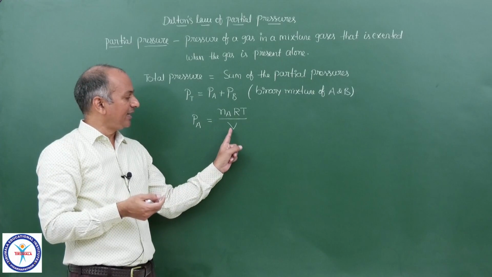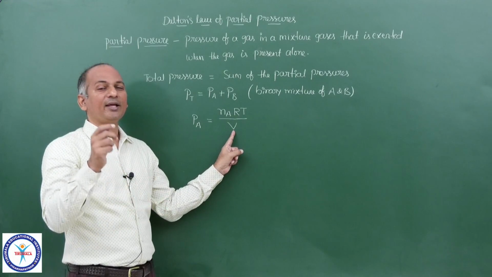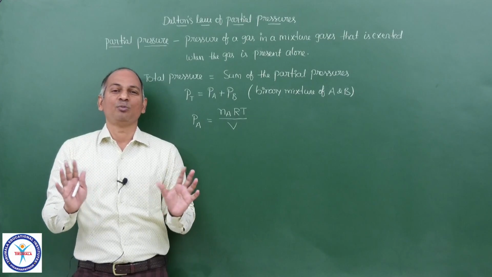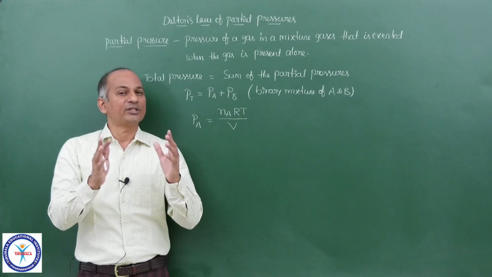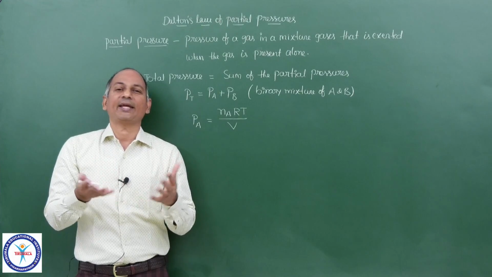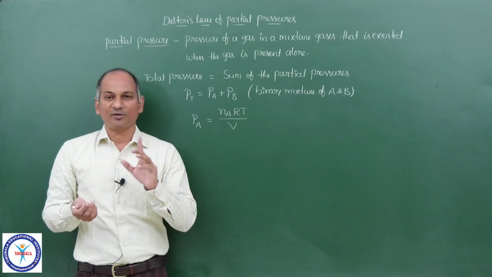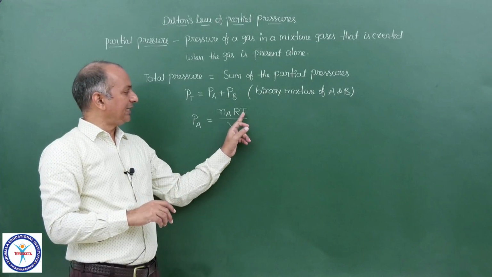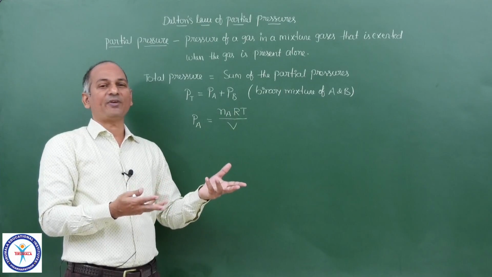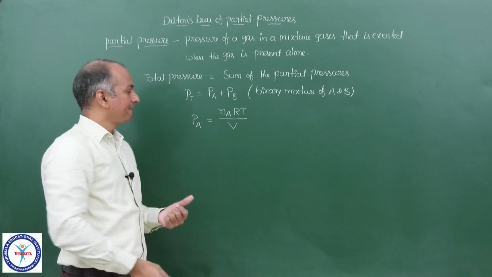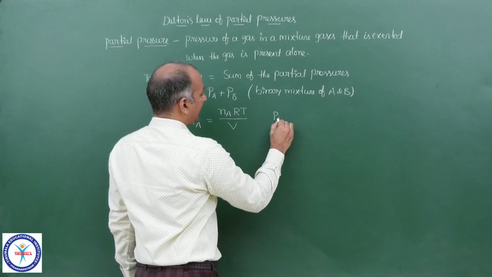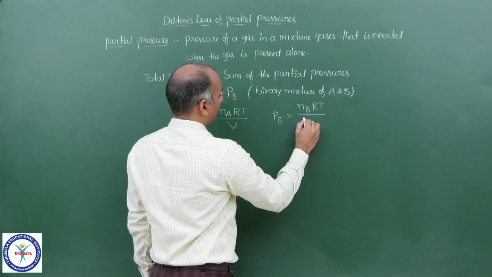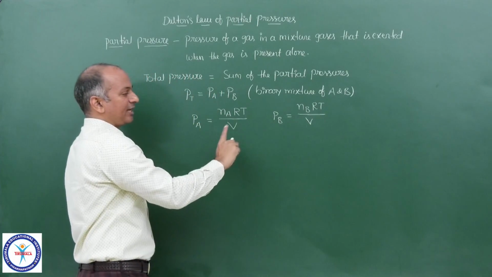It is impossible. Similarly, you all know that a gas cannot have its own volume. The volume of the gas is the volume of the container. A and B are both present in the same container, so the volume of both gases is the volume of the container. So there is no question of VA, VB, it is impossible. So V is common to both of them, T is common to both of them, the number of moles may be different, and as a result pressures may be different. Now similarly we can write PB is equal to nB RT upon V. Again same temperature, same volume.